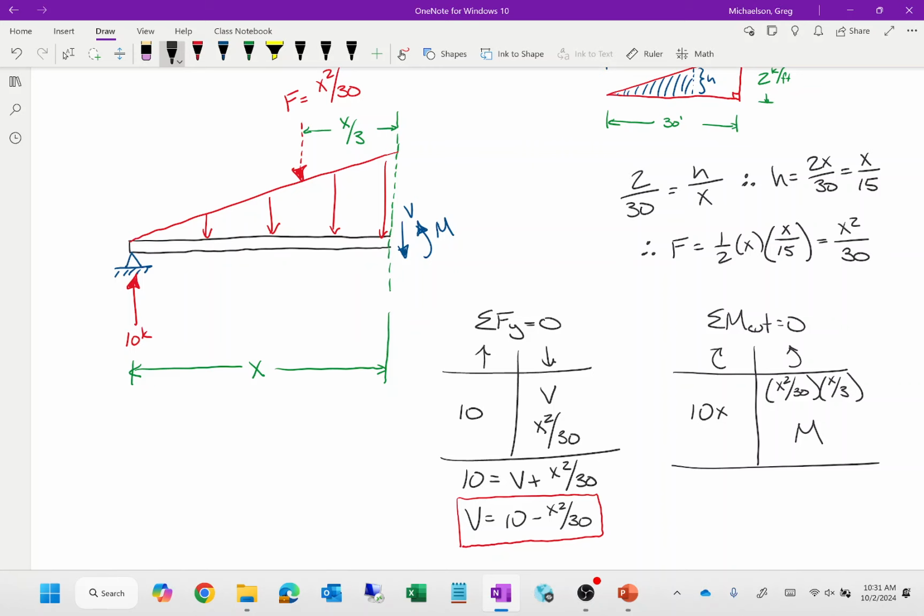So let's do some algebra here. So I got 10x equals m plus, okay, what is that? So I have x squared over 30 times x over 3. X cubed over 90. X cubed over 90. I get this feeling that that's important too, so I'm going to write that down. So m